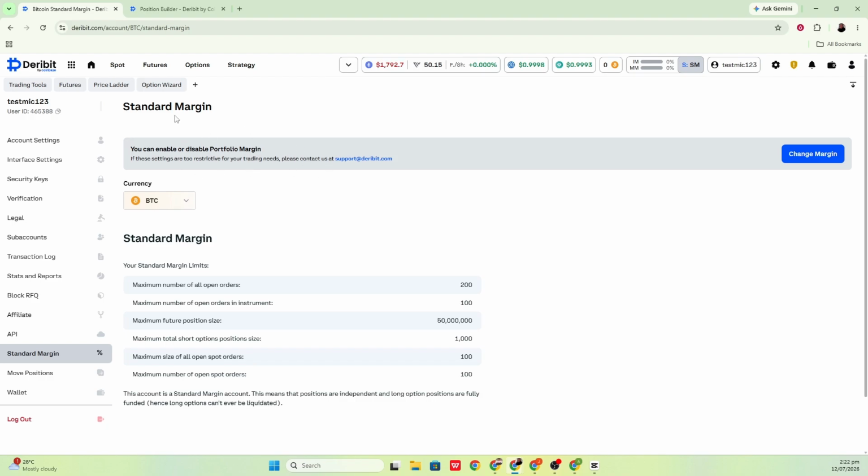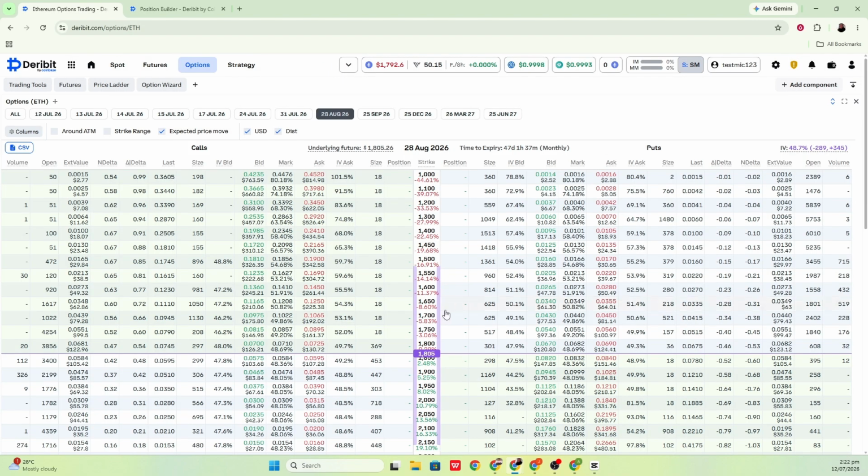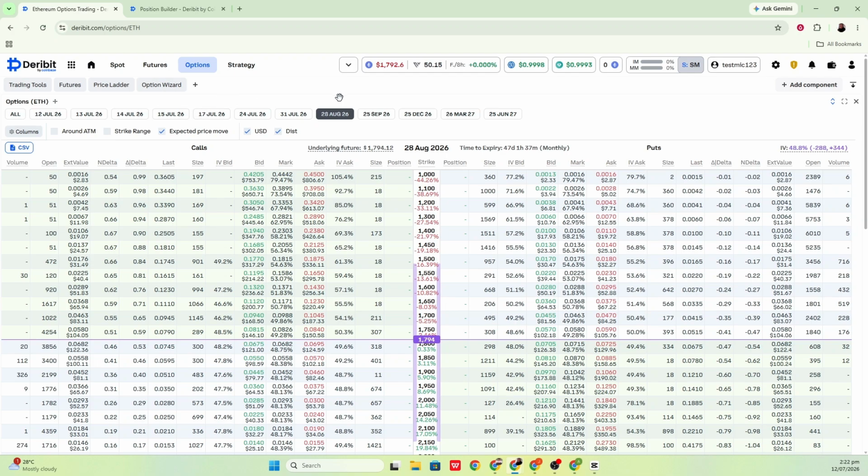Go to the Options tab, choose either BTC or ETH, and select an expiry that is roughly 30 days away. On the put side of the options chain, click the bid price for your selected low delta strike, change the order type to limit, switch the action to sell, and enable the post-only option, so the order enters the book